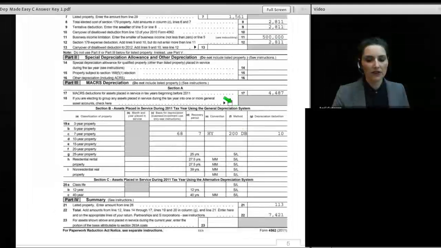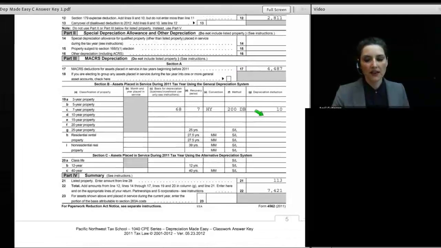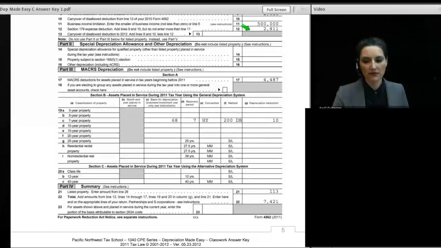We have depreciation on the commercial building for an asset that was placed in service in an earlier year, and that's $4,487. Then on line 19C, we enter $10 as current year depreciation on the cell phone. And then the depreciation on the laptop computer carrying over from Part 5 is $113, and that means the total on line 22 is the sum of all of these numbers, $2,811, $4,487, $10, $113, and